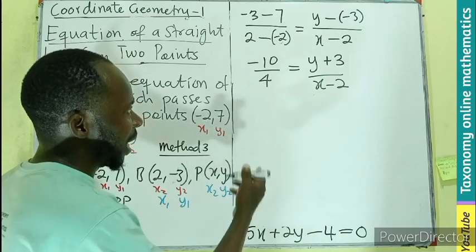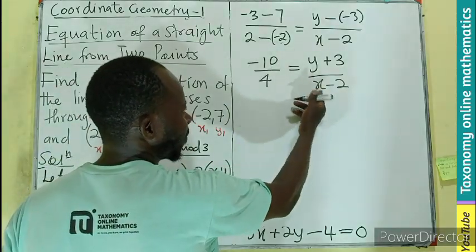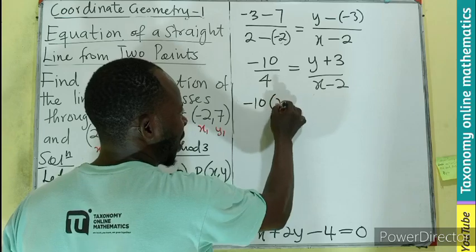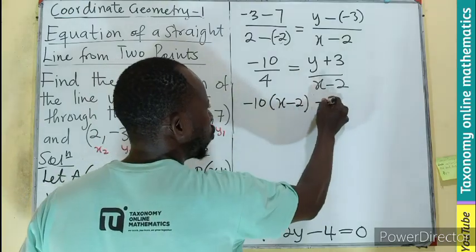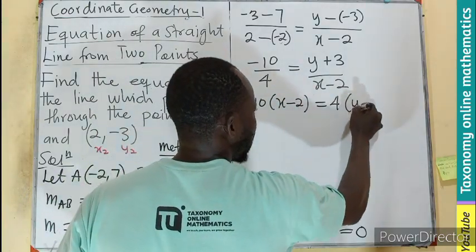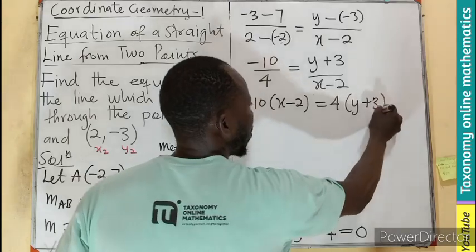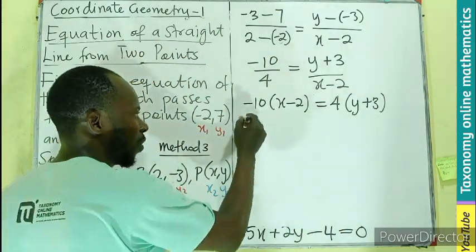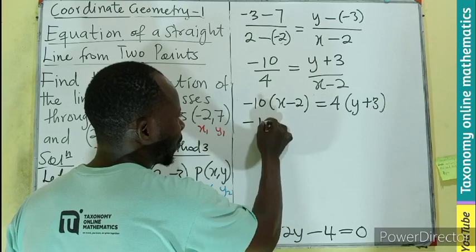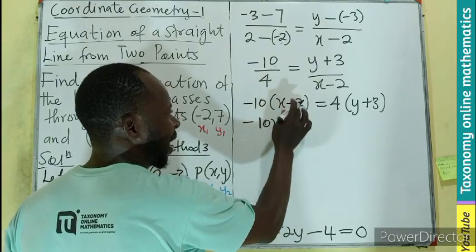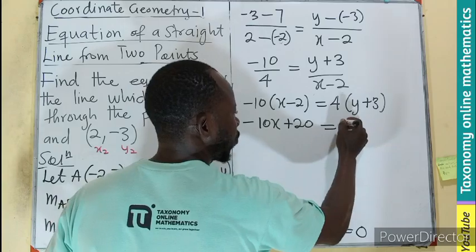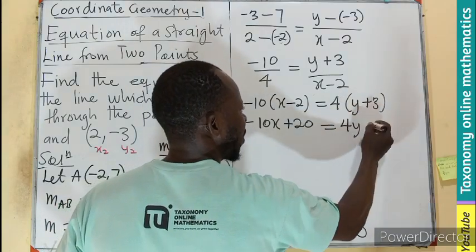Here we cross multiply, whereby this will multiply this, and this will multiply that. Meaning minus 10 into bracket x minus 2 equals 4 into bracket y plus 3. What is next? We expand that bracket. So minus 10 times x, minus 10x, negative times negative, positive 20, 4 times y, 4y,